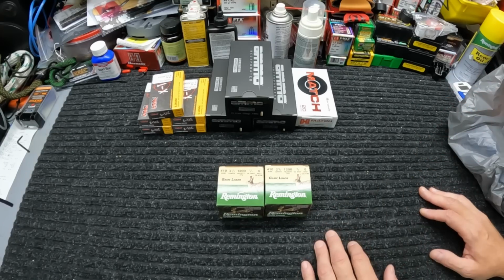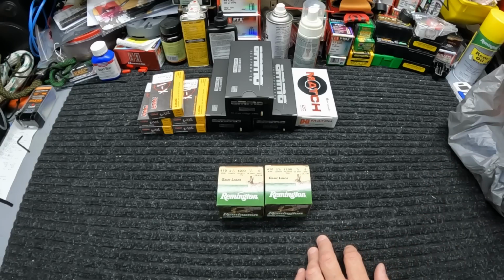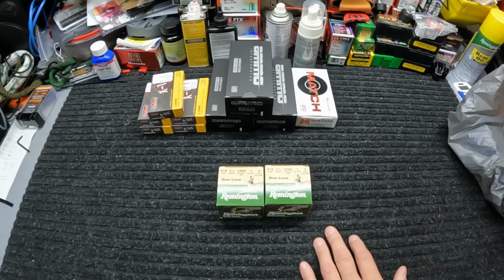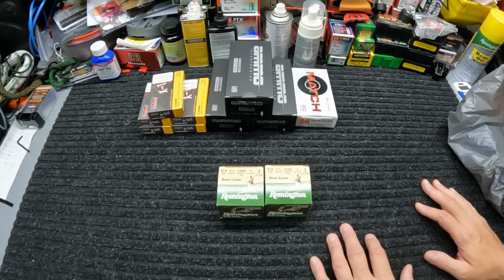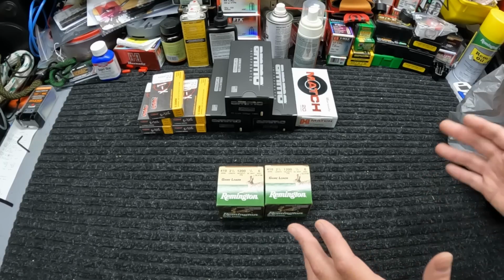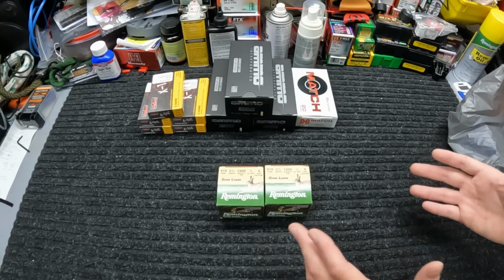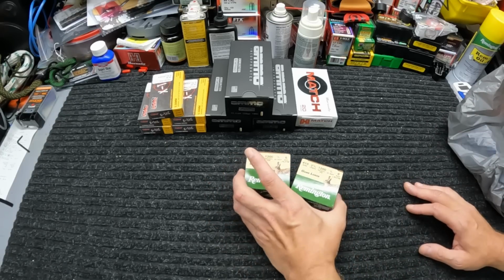You can't get handgun ammo, you can't get certain types of AR ammo anymore, but you can still get plenty of 22 in there, plenty of hunting rounds, 308, 270, 243, all that kind of stuff, shotgun shells, all of that stuff you can still get in there. And the thing about Wally World is when they do have it in there, it's tough to beat their price most of the time. So went in there today, and I'm glad I actually did, because they had some 410